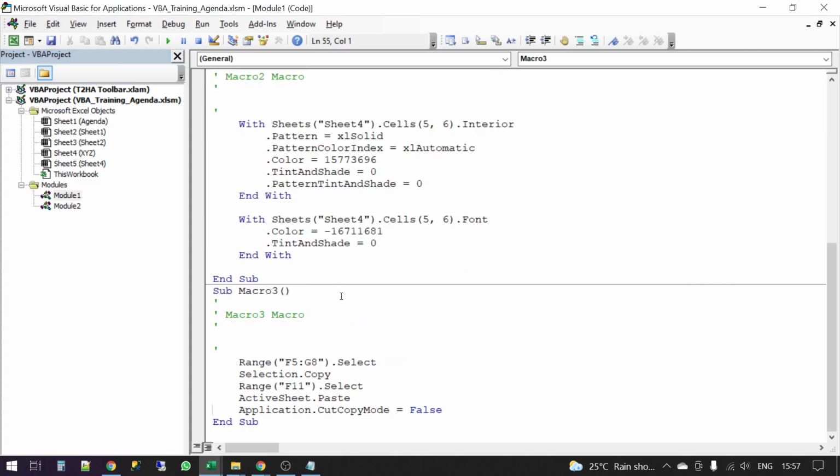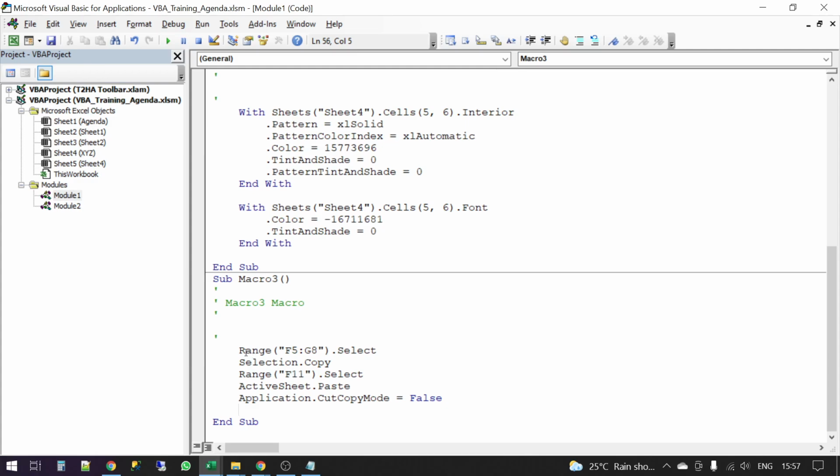Again, it is in module 1. See, the code is extremely simple to understand. It selected the range, it performed the copy option on the range, it selected the destination range, and this was the code to paste. ActiveSheet.paste followed by this line.